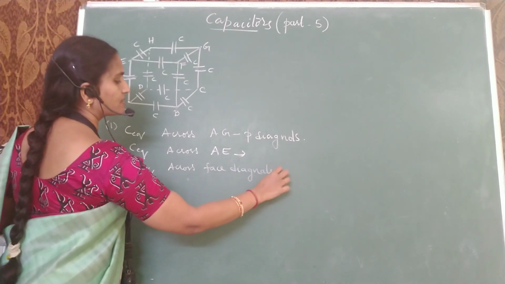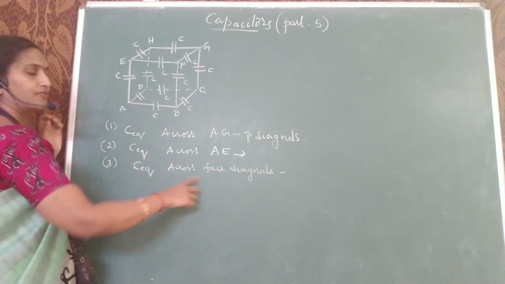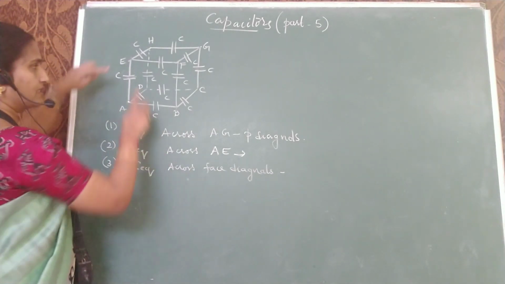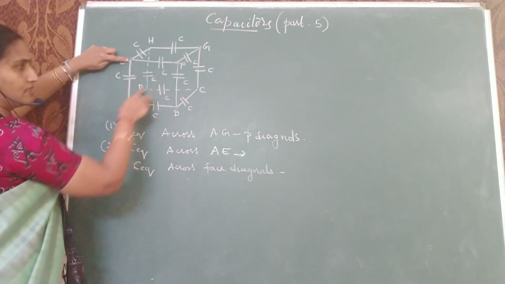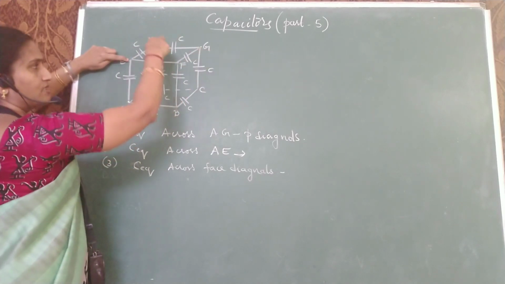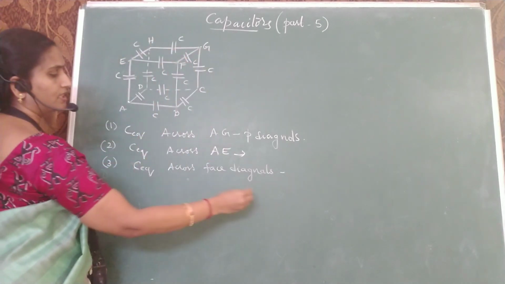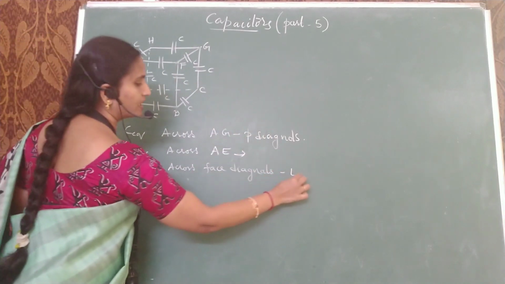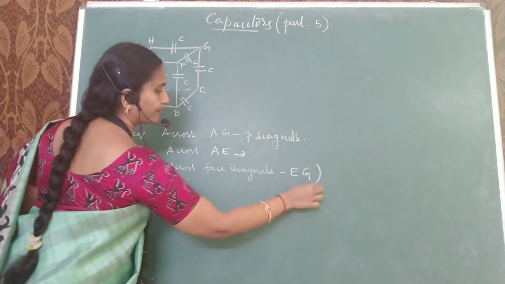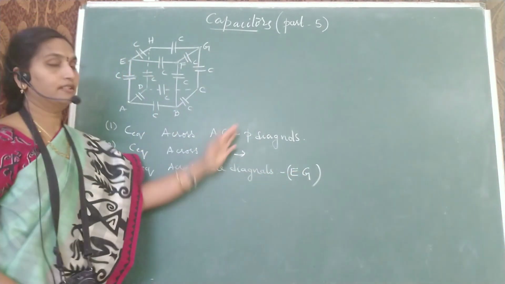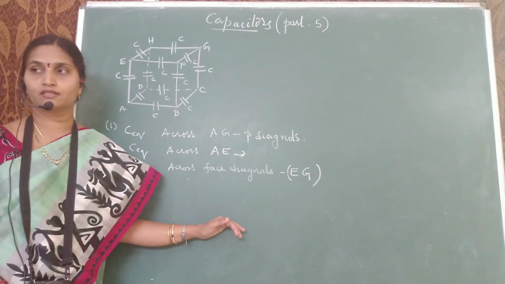Okay, we have 6 faces in a cube. 6 twos for 12 face diagonals, the answer will be the same. So this is a face diagonal. This is a face diagonal. E and G is a face diagonal. H and F is a face diagonal. Okay, I will take between E and G. So for all the face diagonals, your answer is not going to change.